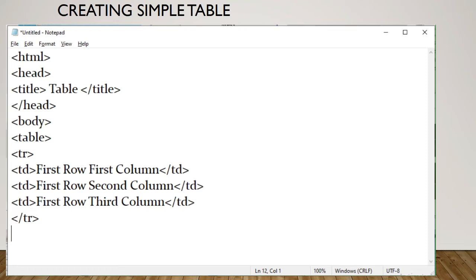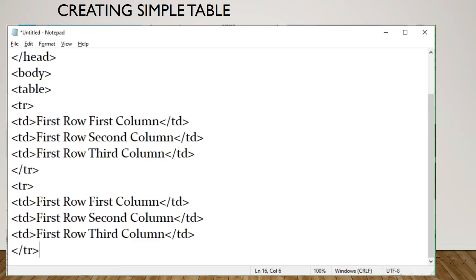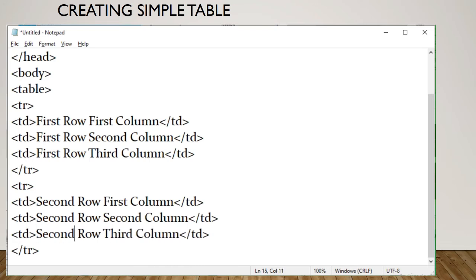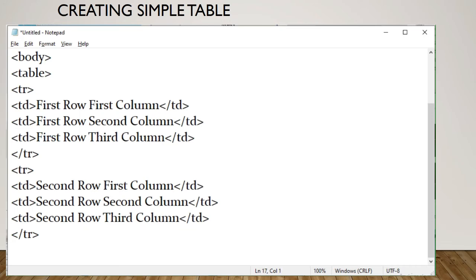Now we are changing the content of the columns, that is, instead of first we are writing second row first column, second row second column, second row and third column. So after td, whatever is written will be visible in individual cells of the table. One more time we are copying and pasting the structure.